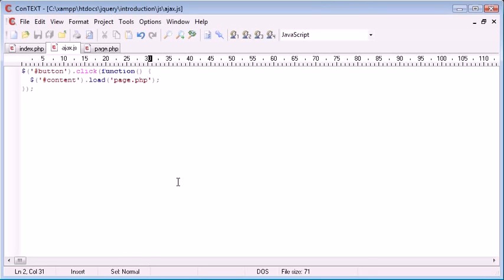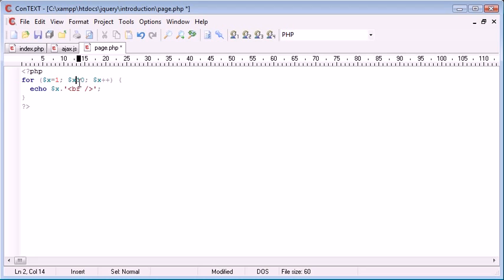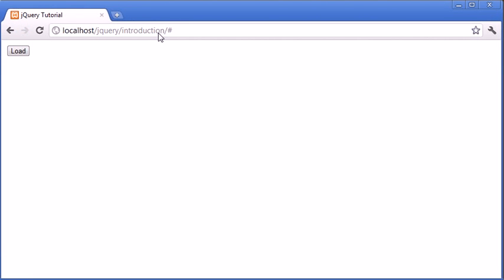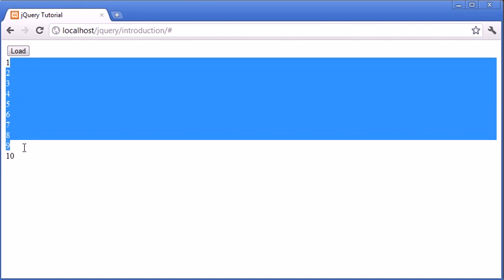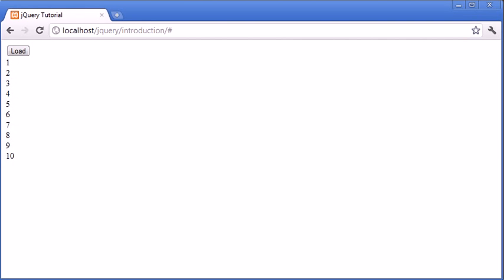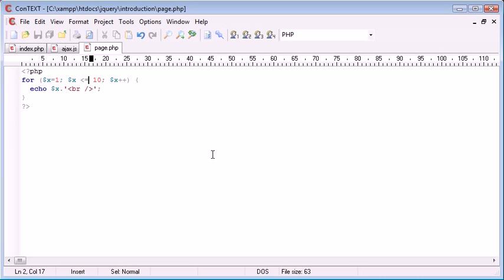Okay, let me just go back and check if there's anything wrong. Okay, I think over here, yeah, we'll use this here. So just a bit of the logic behind this, because I did make a mistake. X is starting at 1. The condition is then that while x is less than or equal to 10, we increment x. So the page did successfully load, but the content didn't show because I had the logic mixed up. Let's go ahead and press load, and you can see that we've now loaded numbers 1 to 10. So we've now successfully included a PHP file inside of